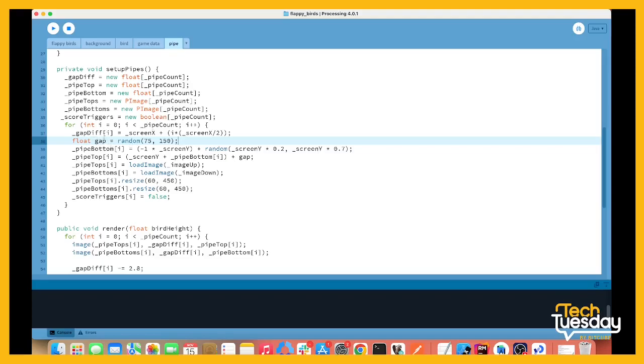So this is just in the loop, so each pipe has its own specified gap, and that is between 75 and 150 pixels. Again, this can be changed to however you see fit. And then for the calculations of the pipe pointing downwards, you'll see I did a -1 times the screen, which just means that the pipe starts at the top most point of the screen, and then I just added a random value,